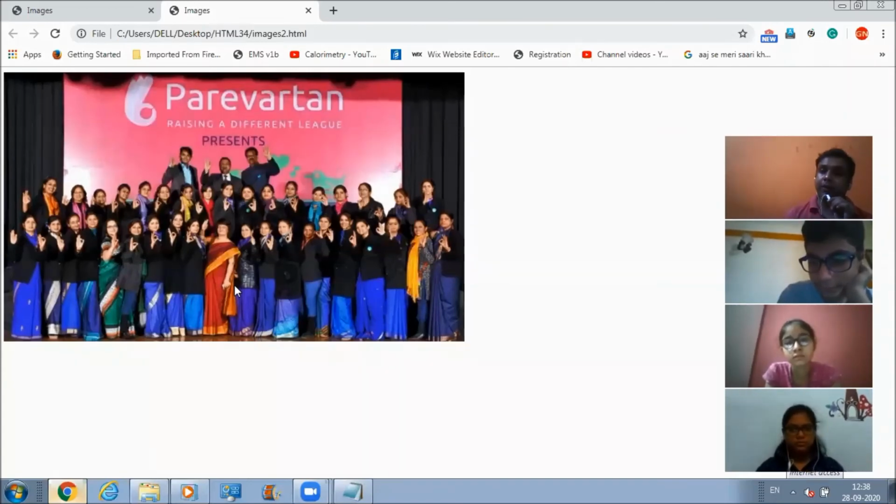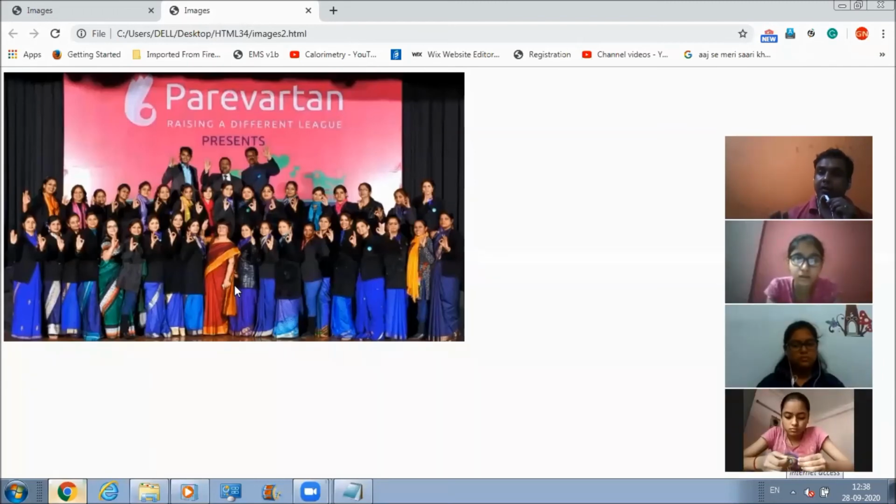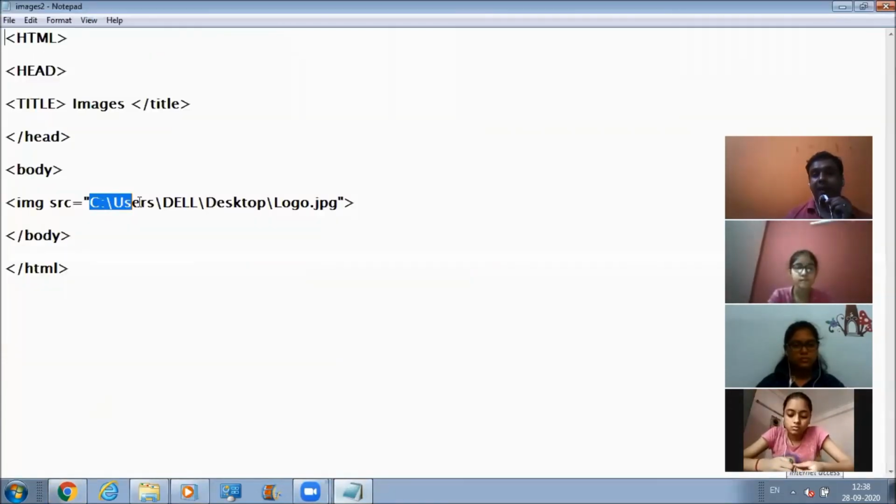Is this thing clear to every one of you? Both the methods are clear. If both the files are present inside the same folder, you have to just mention the name of the image file. And in case the image file is not there in that folder, you have to mention the complete path of the file which you want to access on your web page.